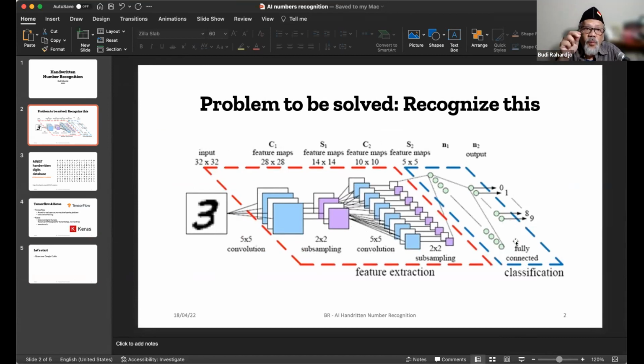Now, if we want to do programming it the old way, it's going to be difficult. But with Keras, we can say, okay, I want to add this layer. What kind of layer is it? And then I want to create the next layer. What kind of layer is it? So we can just stack layers and layers and layers in Keras. That's what we are going to do. Let me go back to this. I'm going to copy and paste this into my screen, and then I'm going to show you.